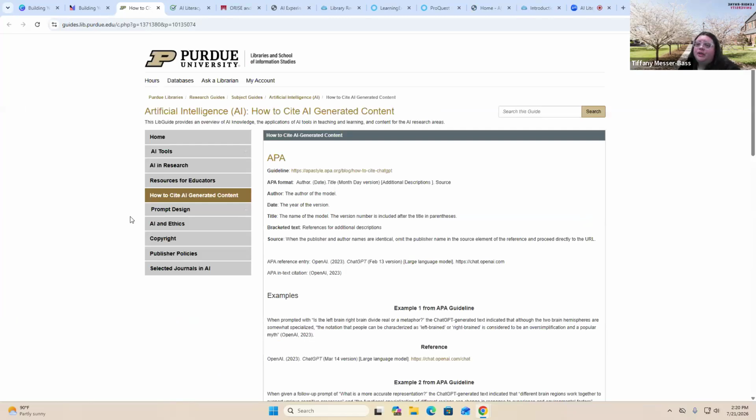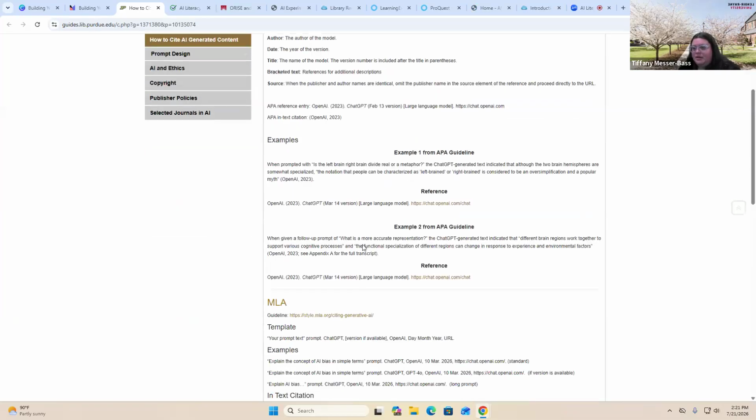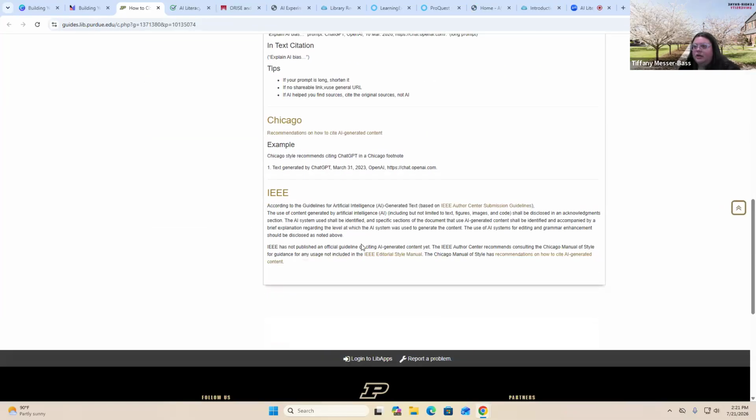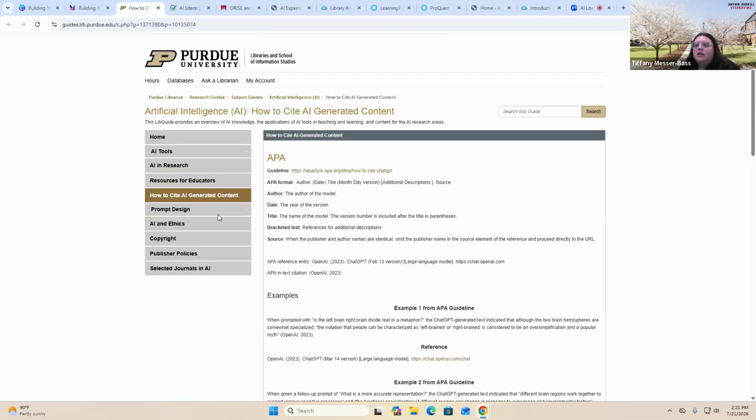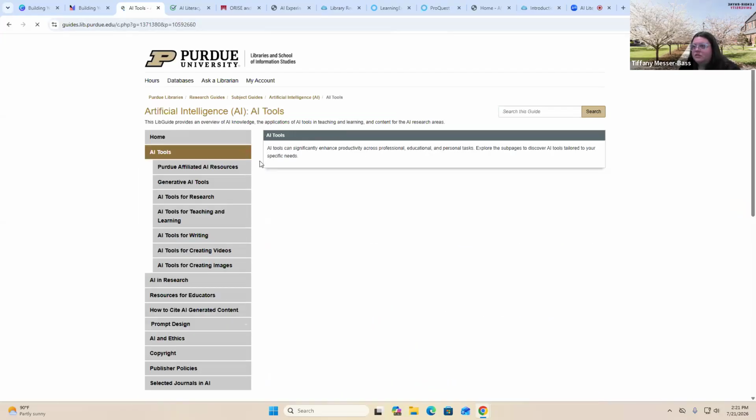Okay, Purdue University, I was talking about the online writing center. This is their LibGuide for how to cite AI generated content. So they have this broken down to APA, MLA, Chicago, and IEEE. They go into prompt design, ethics, research, very similar to Susan's guide. Well, AI tools. Yeah, so they have,